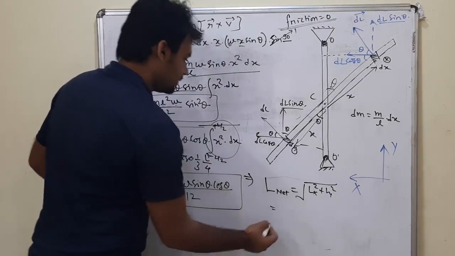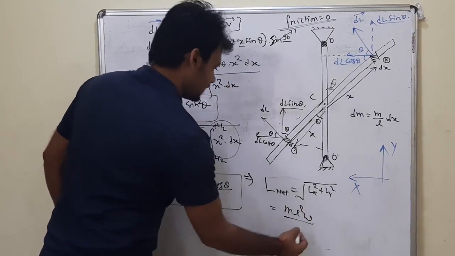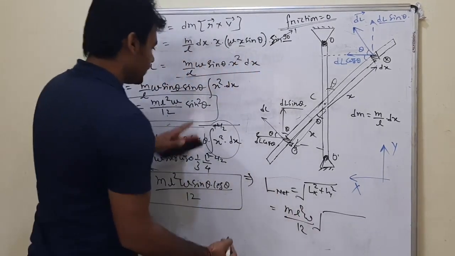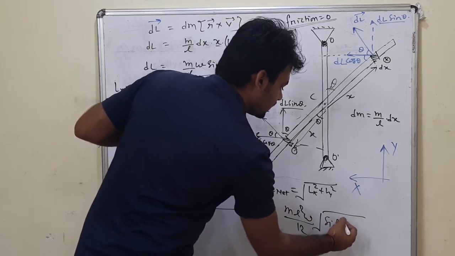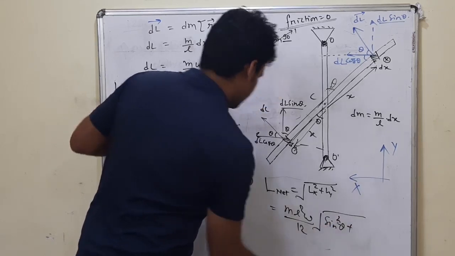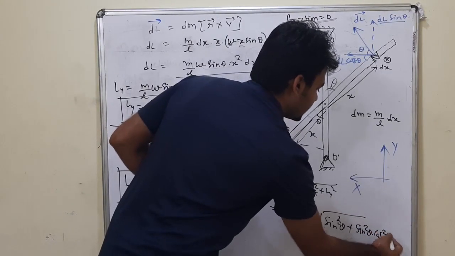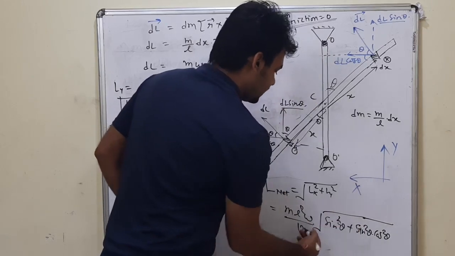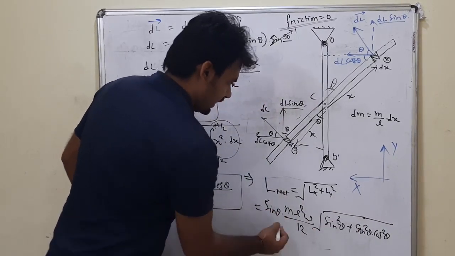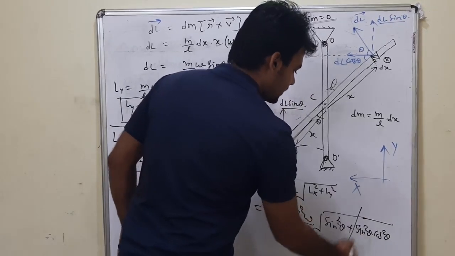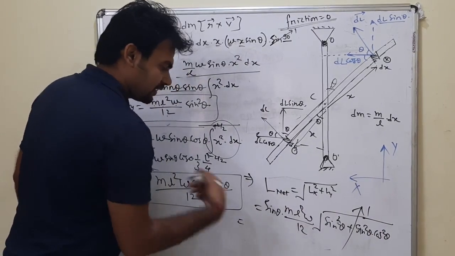This term is the common term, so you can take it out of the root, and inside the root you will have sin to the power 4 theta plus sin square theta into cos square theta. One sin square theta will come out of the root as sin theta, and sin square theta plus cos square theta will be 1, so that term will become 1. So the final answer for the first part will be